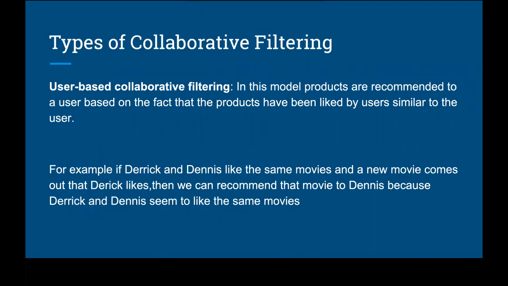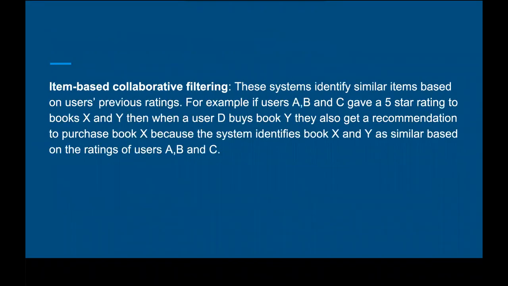Okay, so this is based on your user-based collaborative filtering. Now, what is item-based collaborative filtering? These systems identify similar items. Similar items as in, once you buy an iPhone, let's say, then on Amazon they will also suggest iPhone 11, iPhone 12, iPhone X. These are similar items that they are suggesting. It has nothing to do with any person having bought 4 iPhones. It doesn't make sense, right?